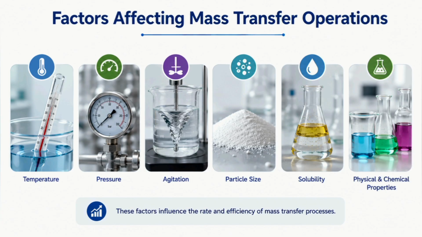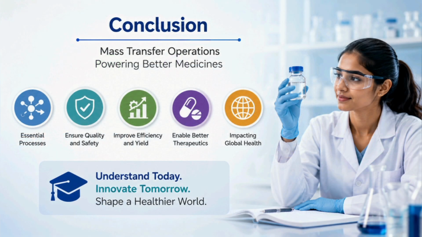So pharmaceutical industries carefully control these factors to achieve consistent product quality. Improper control may lead to lower yield, product degradation, or manufacturing failures. In conclusion, students, today we learned that mass transfer operations are everywhere around us and are especially important in the pharmacy industry. Processes like diffusion, evaporation, drying, extraction, distillation, crystallization, and filtration are essential for preparing safe and